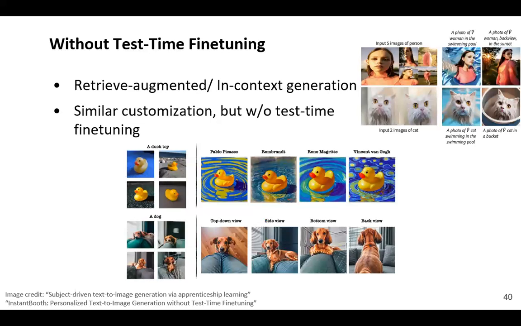And finally, the previously introduced methods require test time fine-tuning, meaning that if we want to add our own pet dog's concept into Stable Diffusion, we would need to fine-tune the model ourselves, which might be inconvenient for the users. So there has also been some interesting work using the idea of retrieval augmented or in-context generation that, at test time, takes an additional image as condition and tries to achieve